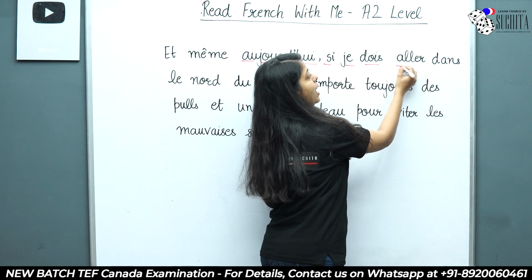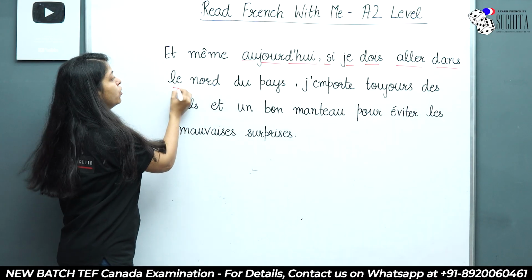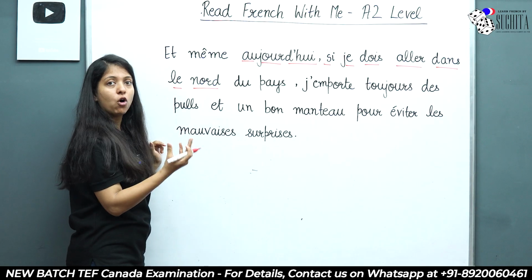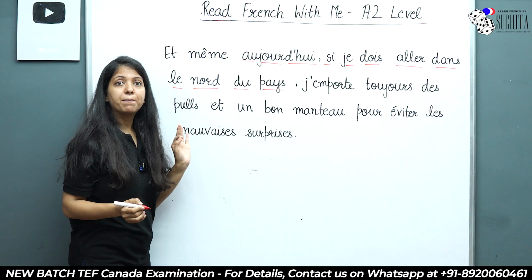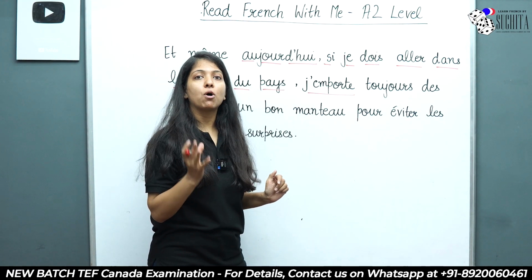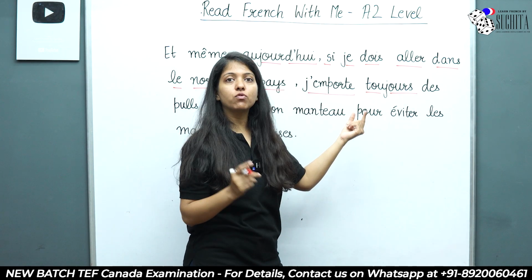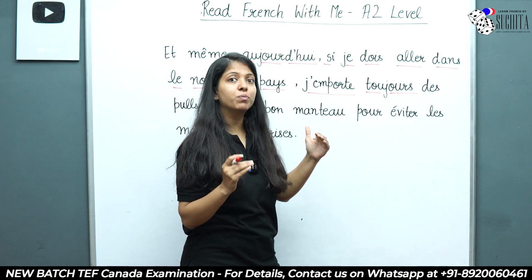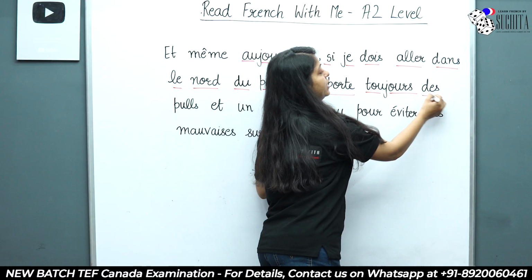Si je dois aller dans le nord, D would be silent, du pays. J'emporte toujours. Now see, the pronunciation of OU in French is OU. So TOU becomes tout and this is jour. Toujours des